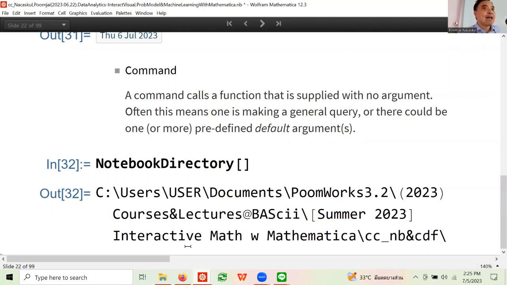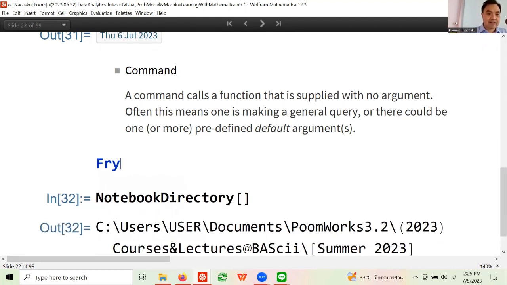Now you can imagine, I haven't told you how to define your own function yet, but let's say I can make something like a fried rice function. And if I put something like fried rice with eggs and beef, I'm specifying that it is fried rice with eggs and beef.